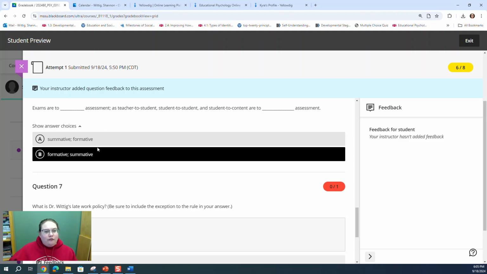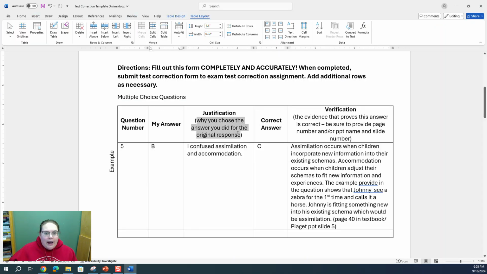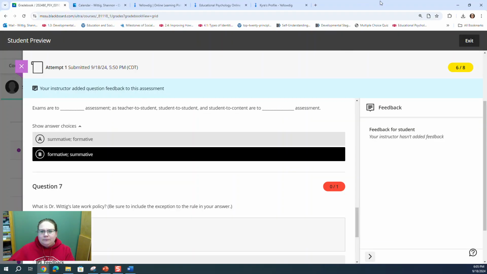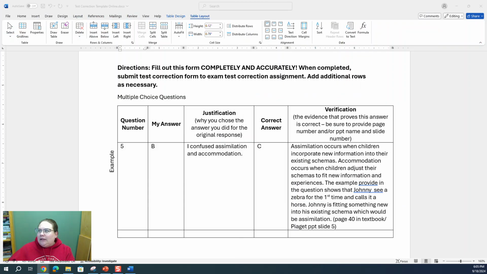It might be helpful because you need to know the rationale as to why you selected the answer that you did. So this is your justification. So in this example, it's like I confused assimilation and accommodation. If I was doing this for the syllabus quiz, I would